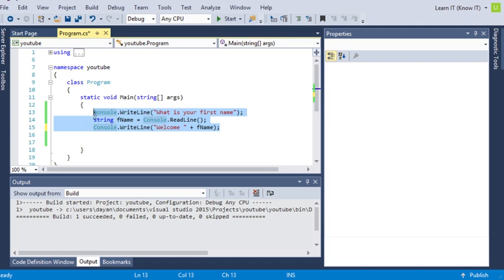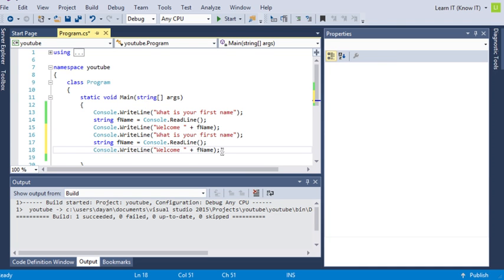We'll actually copy the whole thing and dump it down once more. Now we'll change this to your last name. What is your last name? And we'll need to change this to L, and we'll change this one to L as well. And then what we can also do is grab this final Console.Write line, and bump down one last line. Your name is